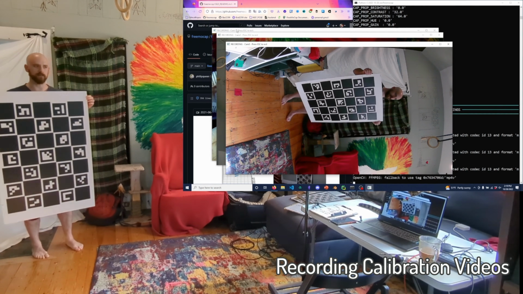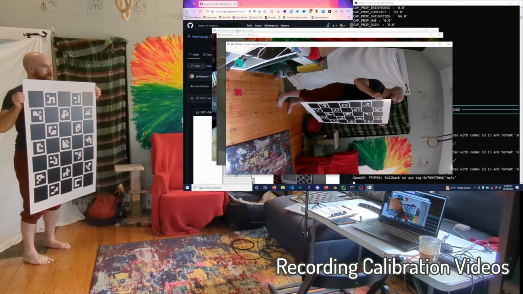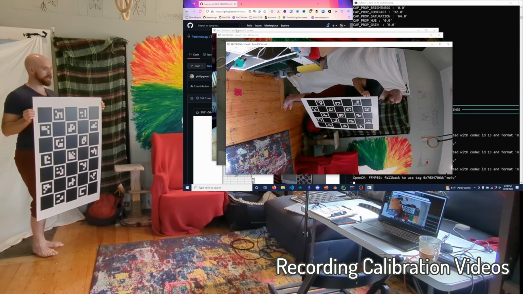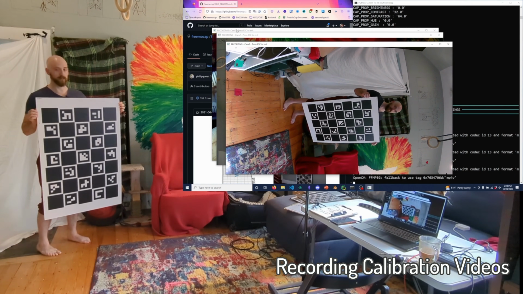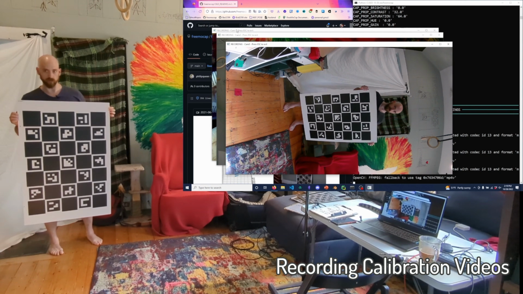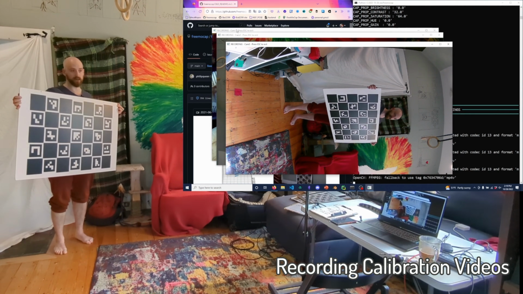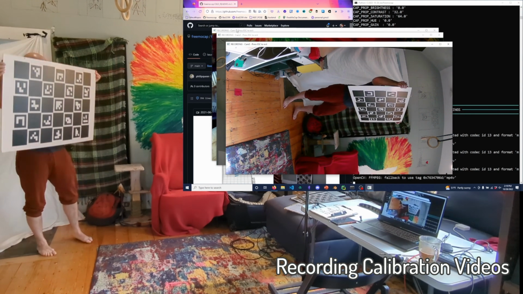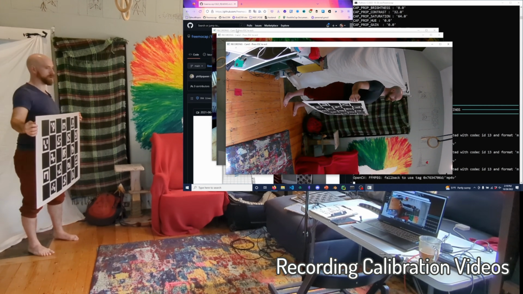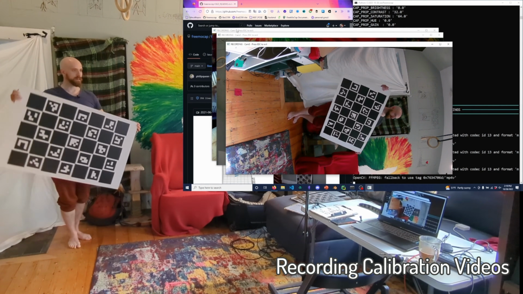I also like to do this rotation-y thing in case there's any glare in the scene. This helps make sure that one camera isn't always seeing a super glared view. Rotating it like this is not necessary. It doesn't do anything, it's just good practice.